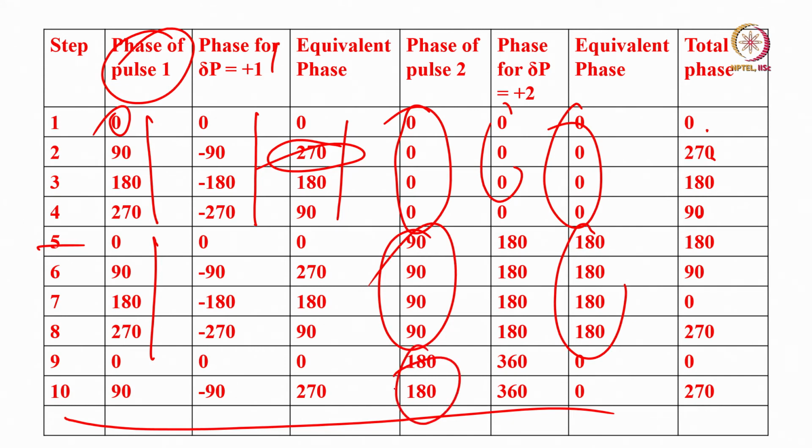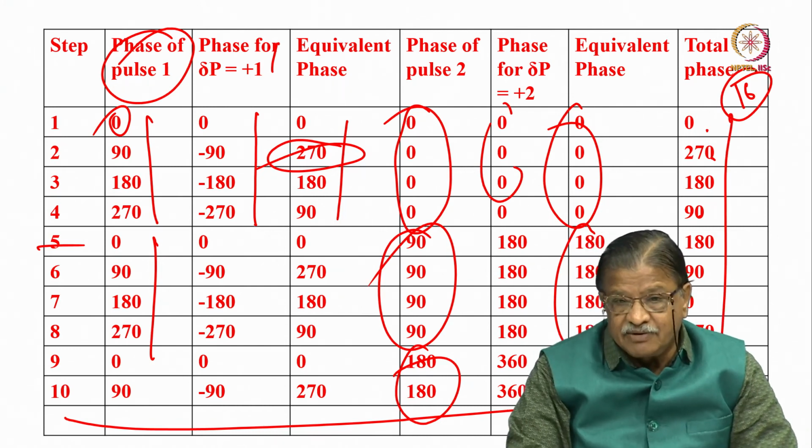Similarly 180, all the 4 you have to undergo. So pulse phase for each of these things, all the 4 you have to undergo. You have to combine in such a way that the entire phase cycling for both of them can go through. So 4 into 4, 16 possible steps you have to choose, and each time you can work out the total phase, combining both pulse 1 and pulse 2.